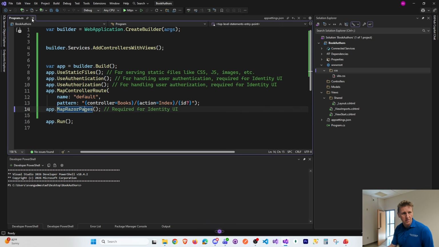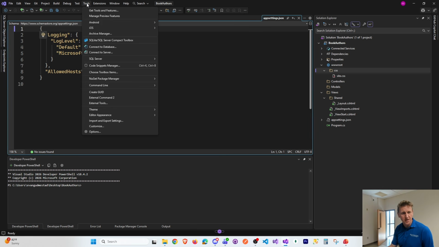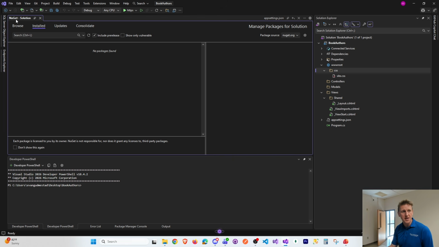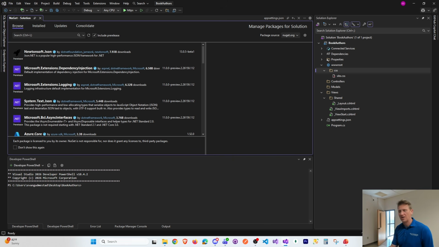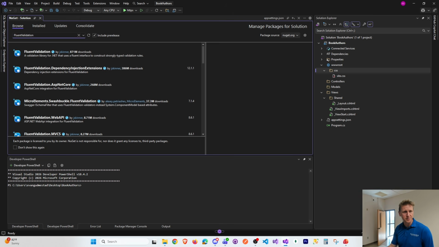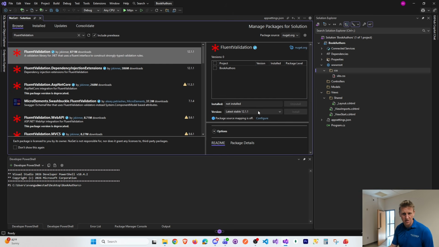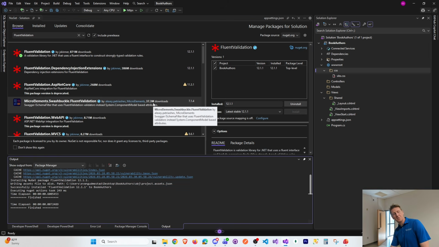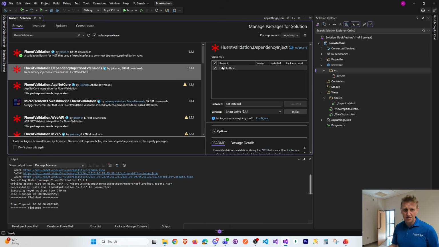So now, when it comes to the application dependencies, we're going to our NuGet package manager and we're going to browse. Search for FluentValidation. Let's bring in FluentValidation. So we're going to do some data validation using this library,